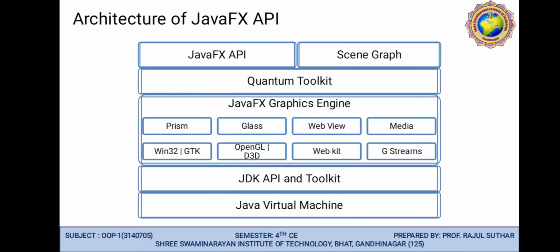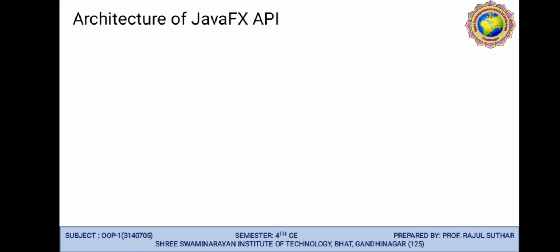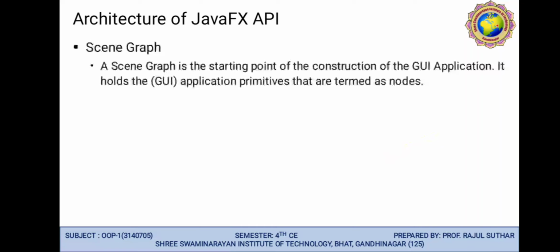If you discuss it properly, this 7 marks question will be completed. This type of question is asked in the GTU exam, like a 7 marks question or 3 to 4 marks question, to discuss each and every component individually. So let me try to understand the components. First we will start with the JavaFX API, that covers a number of packages as well as their description.